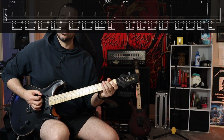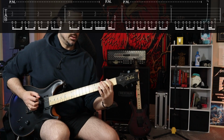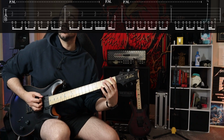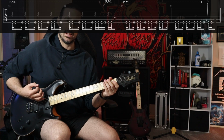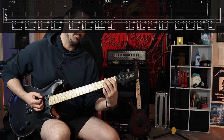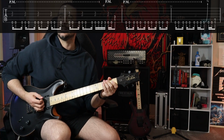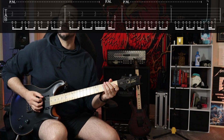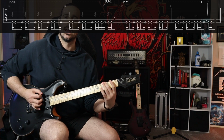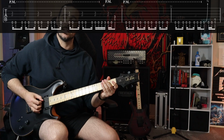A little fill, we're gonna do 2 palm muted open notes, alternate pick, down, up. Slide 2 to 3, I like to use my 2nd finger there on the bottom string. And then 2 alternate pick chugs on the bottom string again. And then I'm gonna hit a power chord on the 1st fret of the 5th string. So I get that. So when I put this together with the percussive part, I get that. Then I'm gonna go back to my sort of gallopy